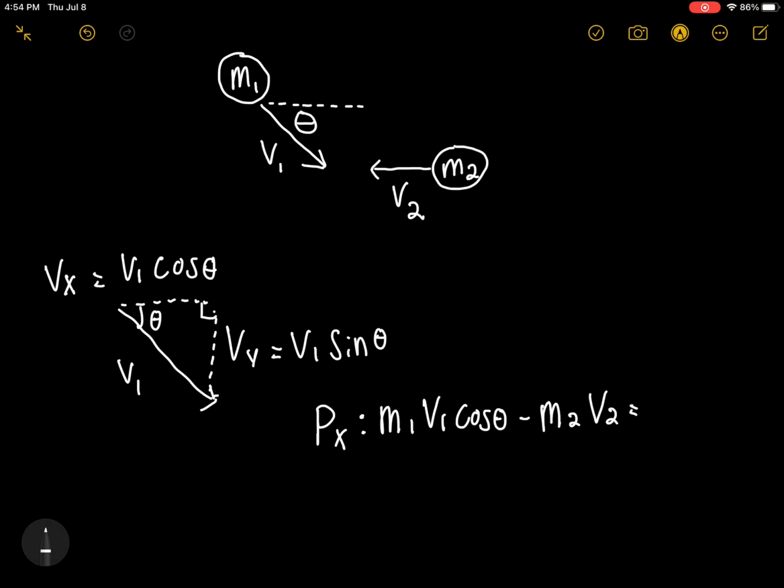That is equal to the combined masses of m1 plus m2, since this is an inelastic collision, times the final velocity in the x coordinate. If we just divide m1 plus m2 on both sides, we're going to get that the final velocity in the x direction is